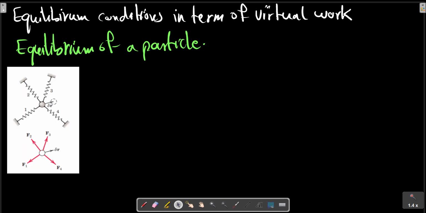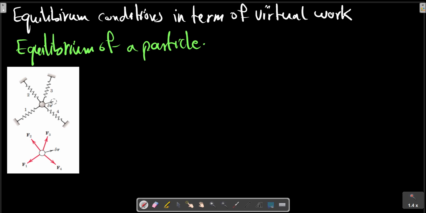Small body in the picture which attains an equilibrium position as a result of the force in attached springs. If the mass of the particle were significant, then the weight mg would also be included as one of the forces. For assumed virtual displacement delta r as shown in the picture here,